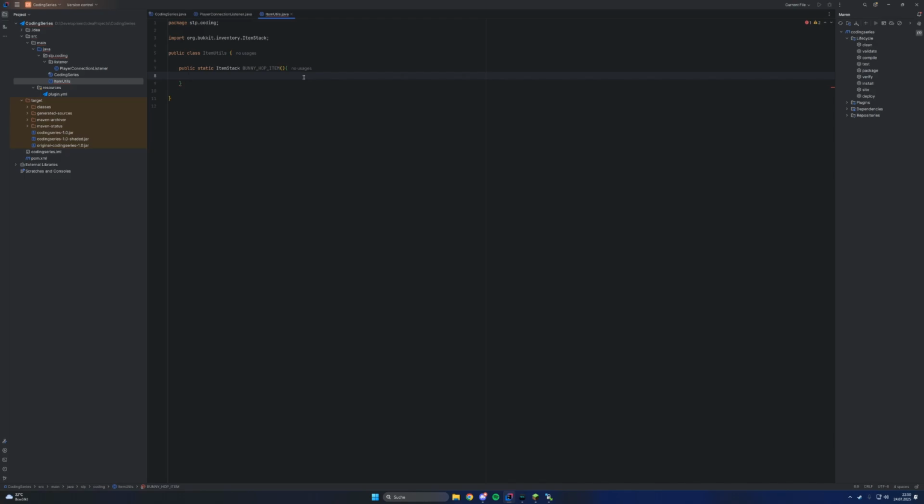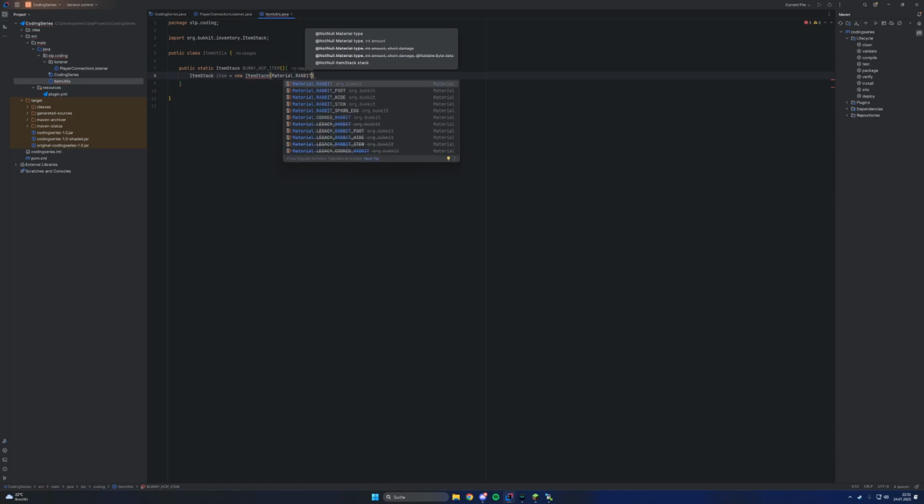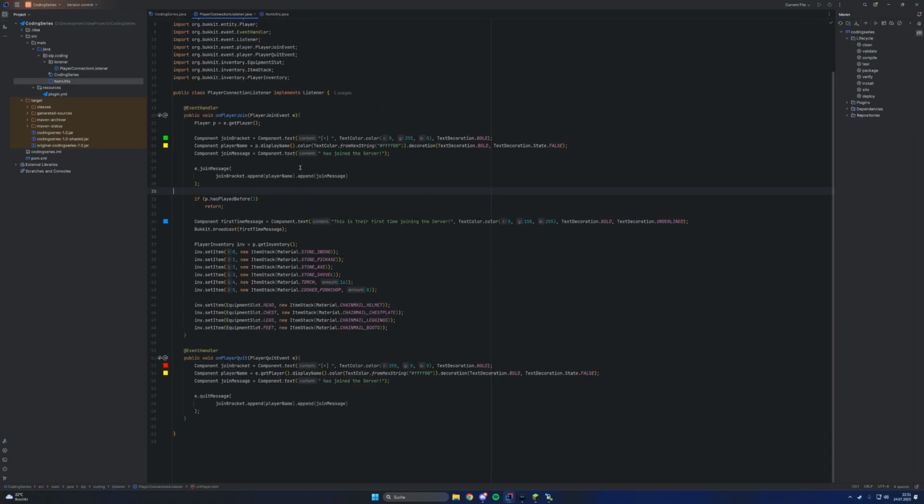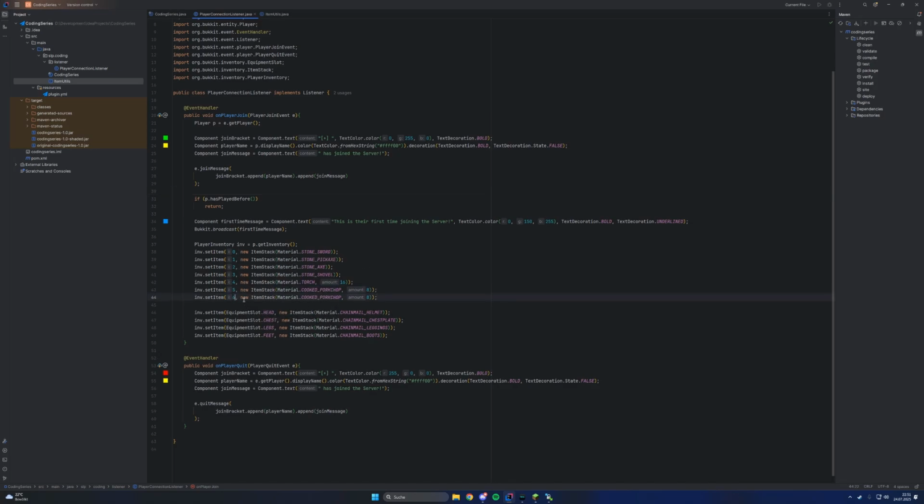So the first thing we need to do is declare a new item stack. I'm going to call this item, and it's going to be a new ItemStack. The material, I'm going to use a rabbit foot right here. Now we just need to return the item, and just like that, in the player join event we're using right here, instead of typing the new ItemStack right here, I'm just going to add a new item to this list. We can now just do